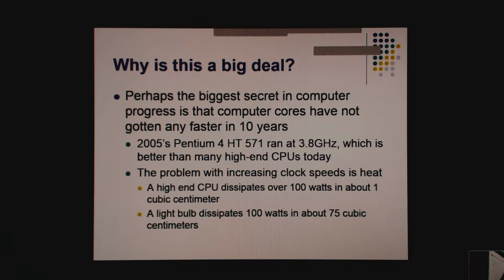Okay, so why is concurrency the big addition to C++ recently? Well, the dirty secret of computers is, basically they haven't gotten any faster in the last decade. In 2005, the Pentium 4 HT ran at 3.8 gigahertz. Probably none of you have a computer that runs at 3.8 gigahertz.